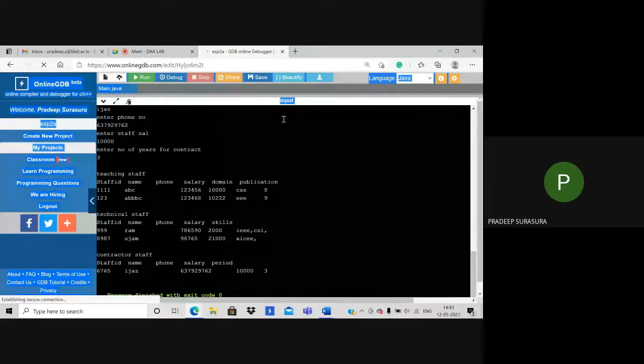Okay, fine. If the first program is done, let me go with the next part B program: String Tokenizer. Again, I have a very simple program.